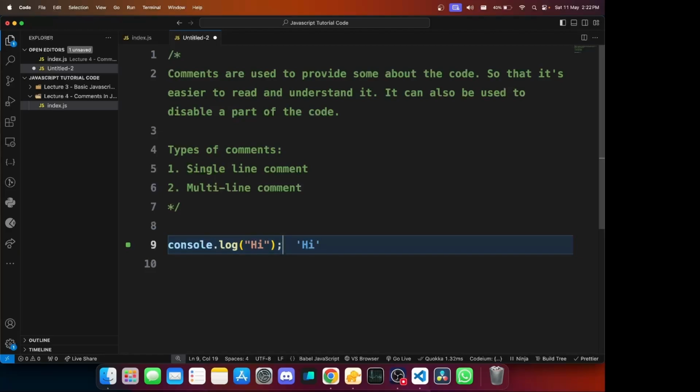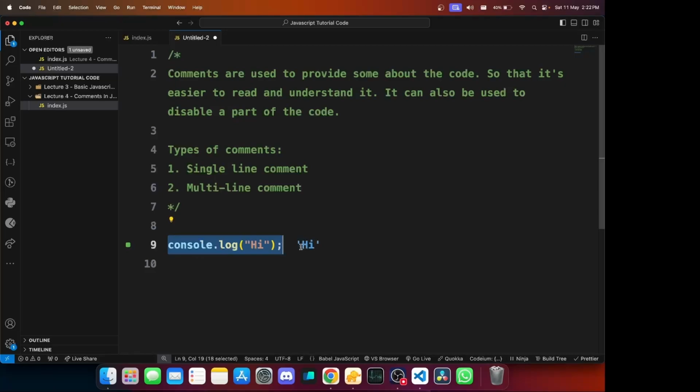Now comments are useful when you want to describe information about your code. Maybe you have written code and you want other developers to understand it properly. Let me give you an example. First of all, I want to clear this out. This is a very simple line of code and anyone can understand what it does. So a comment that describes what this does is just not necessary at all, right? You should not write comments for obvious things. That's something I want to give as a disclaimer before I continue.